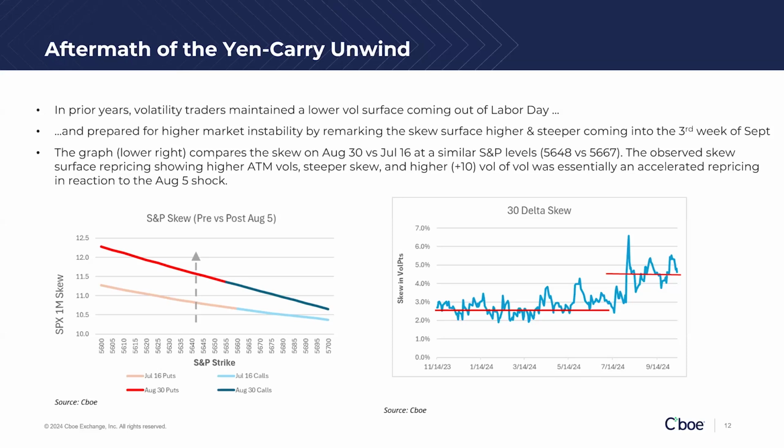So the time series maps out the differences between a 9110 skew, and you can see that as we get toward September, skew was relatively elevated compared to the prior months. So all that means is that for every percent move in the S&P, traders are now pricing in a significantly higher level of volatility. Okay.